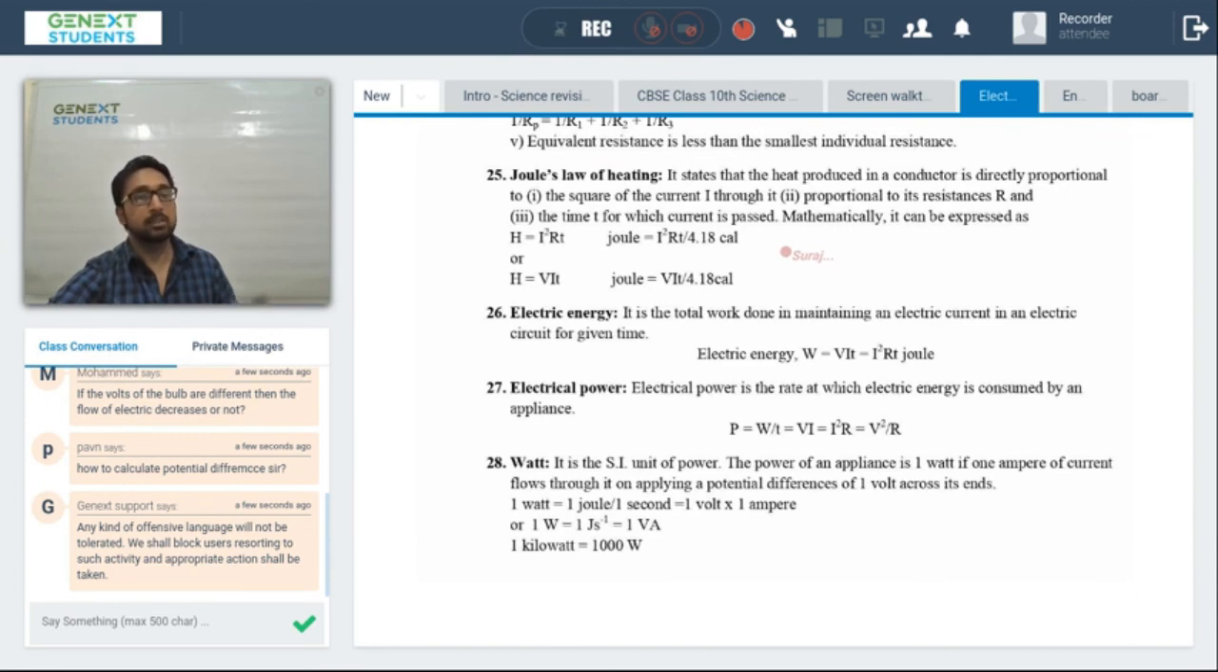Joule's law of heating is known as exactly what I told you. What is Joule's law? It states that... what is Joule's law of heating? Okay, will the pen work? Nothing will work. So state that heat produced,